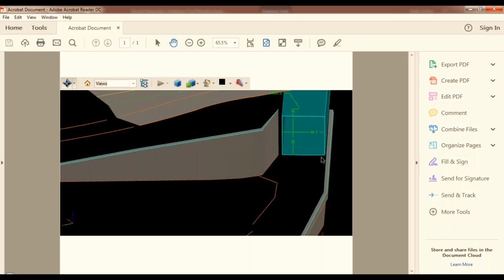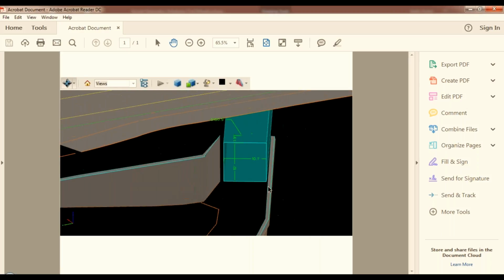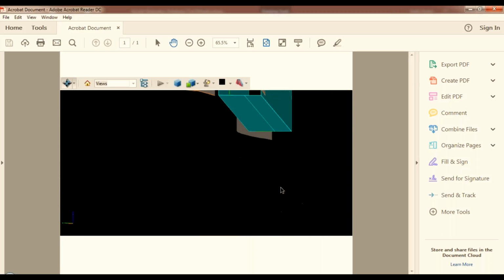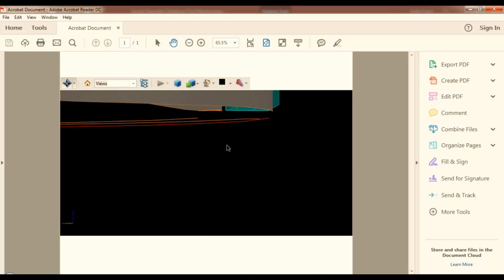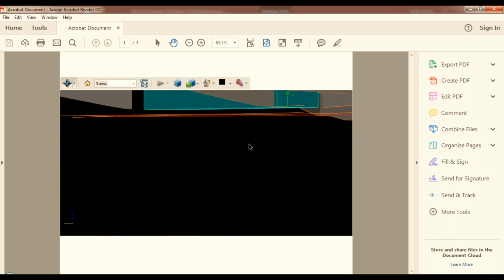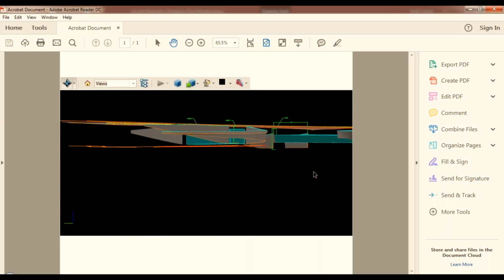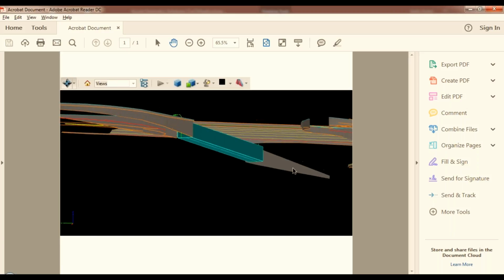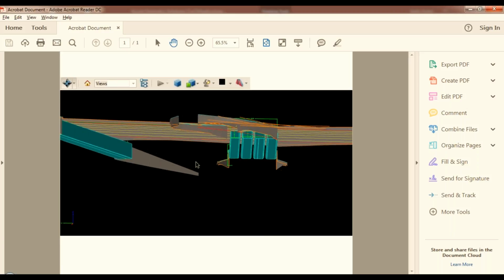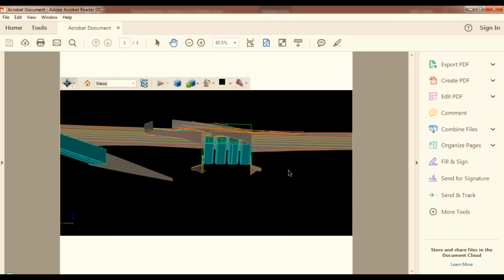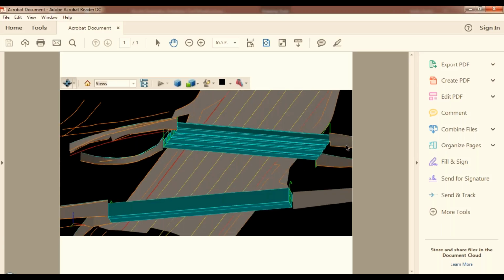So by having this detailed information that we can collect using these methods and then developing into these nice, easy, tangible 3D PDFs, you get to see the line work, you get to see what it's really doing out there. It's just a really nice, easy product that anyone can open up and use as a discussion point.